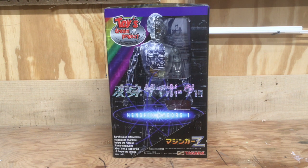In 2003, Takara did a run of reproduction figures in the vein of the original Henshins from the 1970s. These are different from the Neo Henshins that we see a lot of. Anyways, in 2001, Takara did a run of Henshin Cyborg 1 figures, with the first figure as the Ultraman figure. So it came with the original molds of the Takara Henshin Cyborg 1 with an Ultraman costume. They go on to do a few more figures with costumes, and the one we're going to review today is